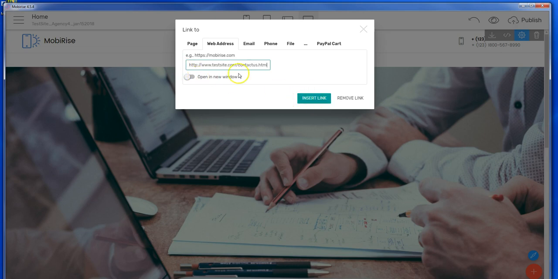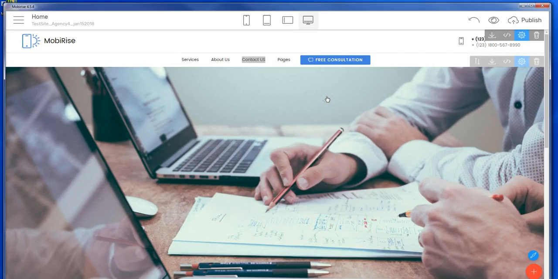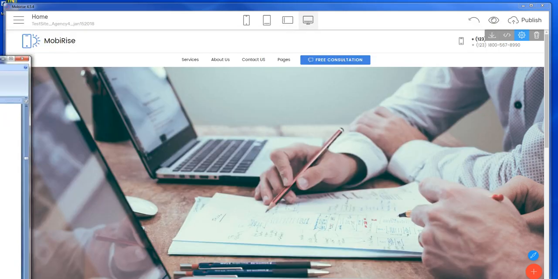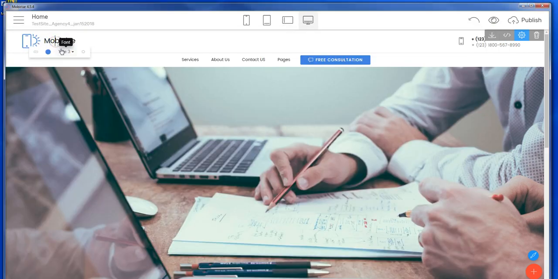Now I could make it open in a new window, which I never do, because I don't want all the tabs on the whole place opened up. So there's contact us, and we don't have a home page, but we could click here. So if we went back to our notes and we got to home, we got this home link, we could come here, and of course we should probably change this to the name of our test site